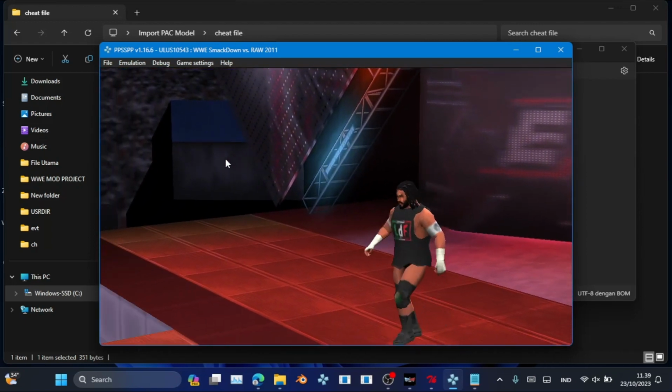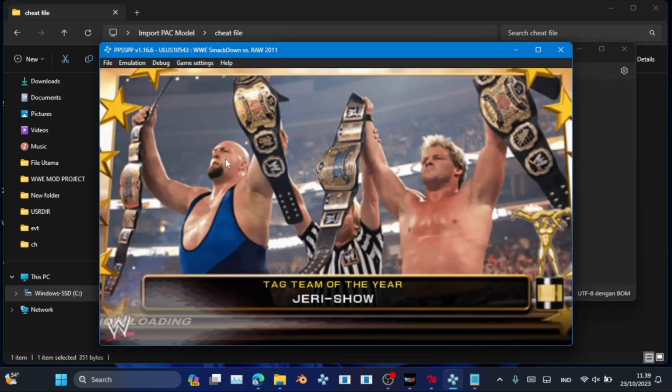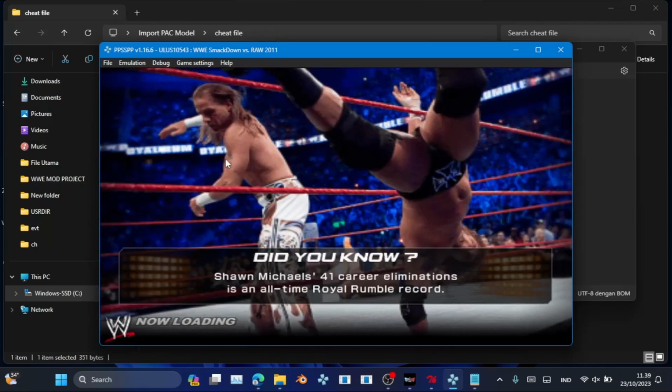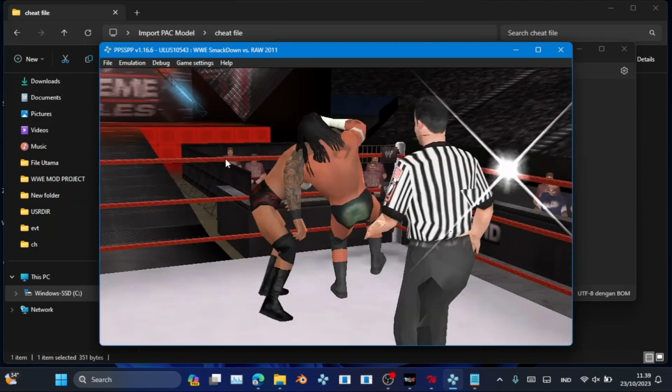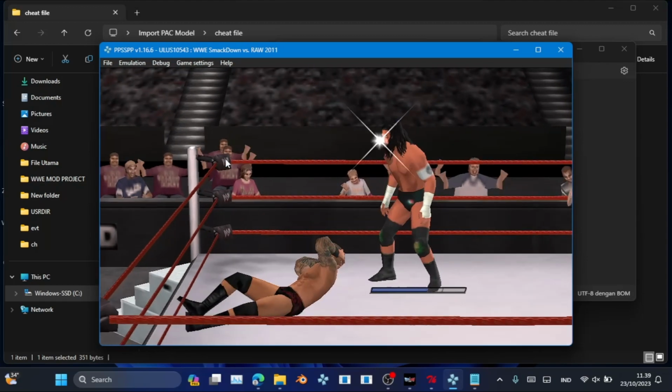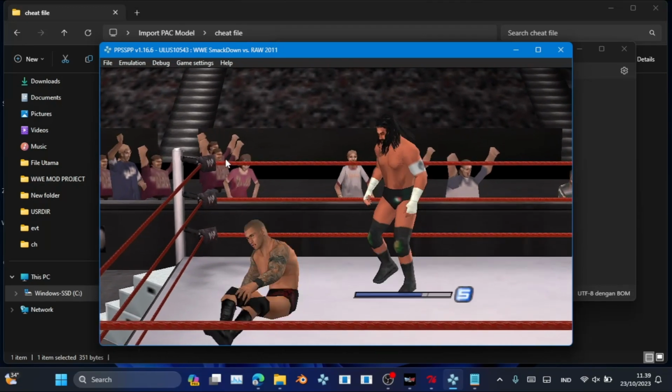Since we used the Rock's moveset, the character will use the Rock's entrance. You can manually modify the entrance and moveset to your liking. This method works